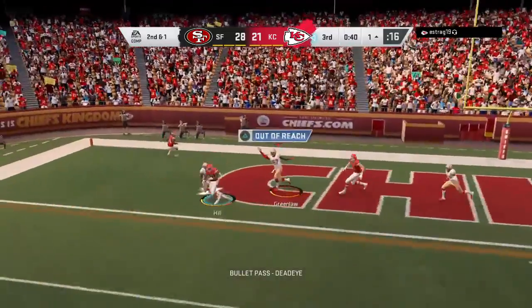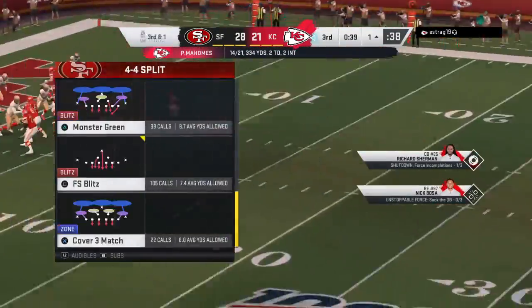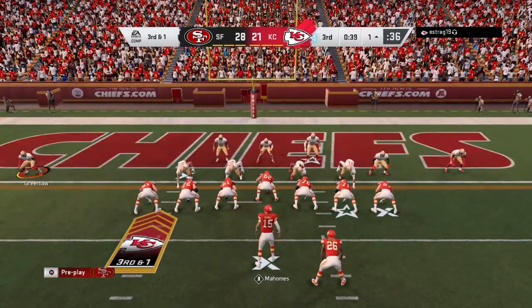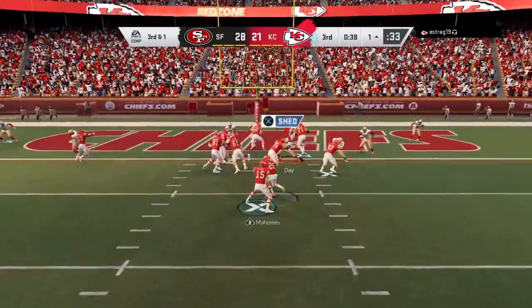To throw again on 2nd down. Mahomes to the goal line, but it's incomplete. It's a lot of contact going on there, and in the end, unable to keep 2 hands on the football and bring it into his body. Everything looked pretty good until the...